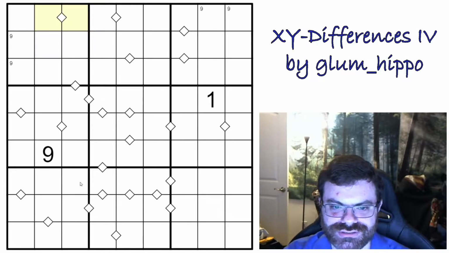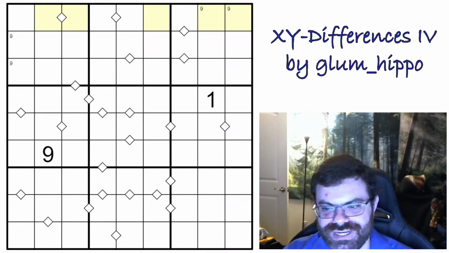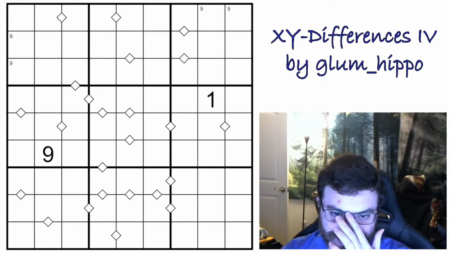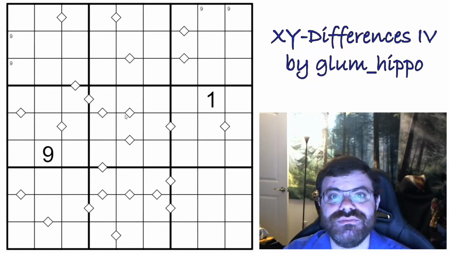Or here. Not looking good so far. Or here. And then, of course, anywhere there's a 9, there could also be an 8. All right, so maybe that's not the most fruitful way to look at this. I could look at columns with a lot of possibilities. So let me think about,